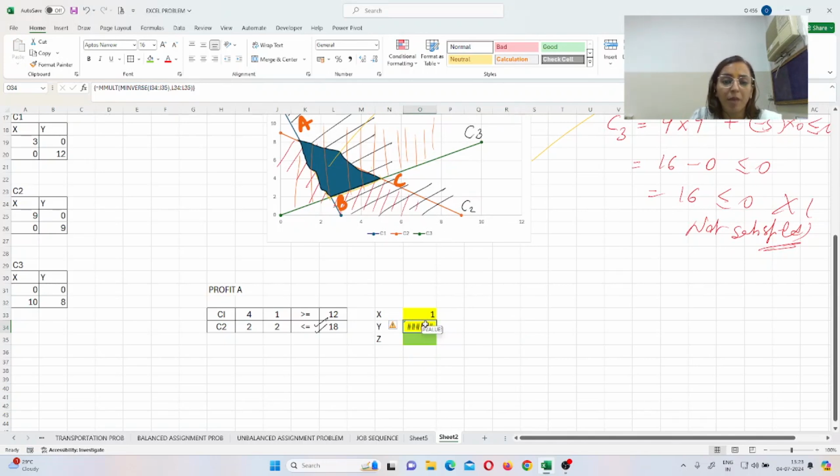But sometimes it's showing, ma'am, the answer is showing hash, hash, hash. How does the problem arise? And it's showing once again. How do we solve it again? Even if you check it, what is the reason behind this? When you are in this cell, press Control and F2. Close this one, go to this area, press function F4 just to check your values. Put it over here, F4. The answer, your values are not coming up.